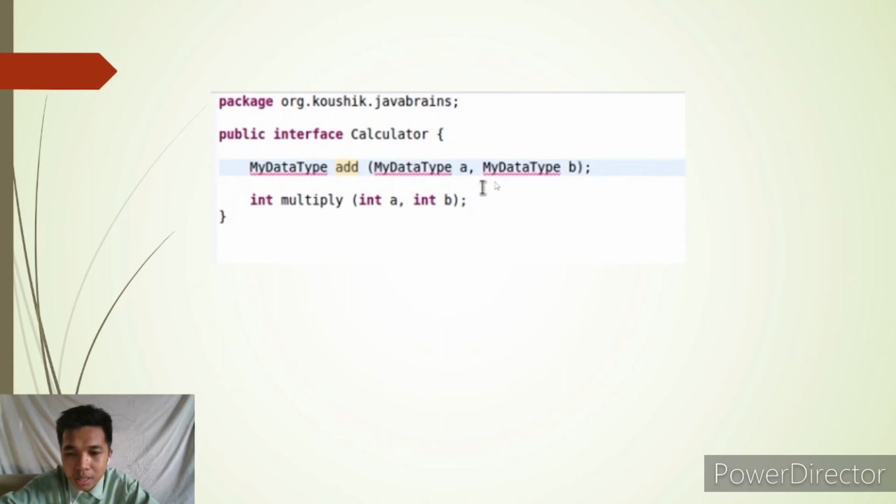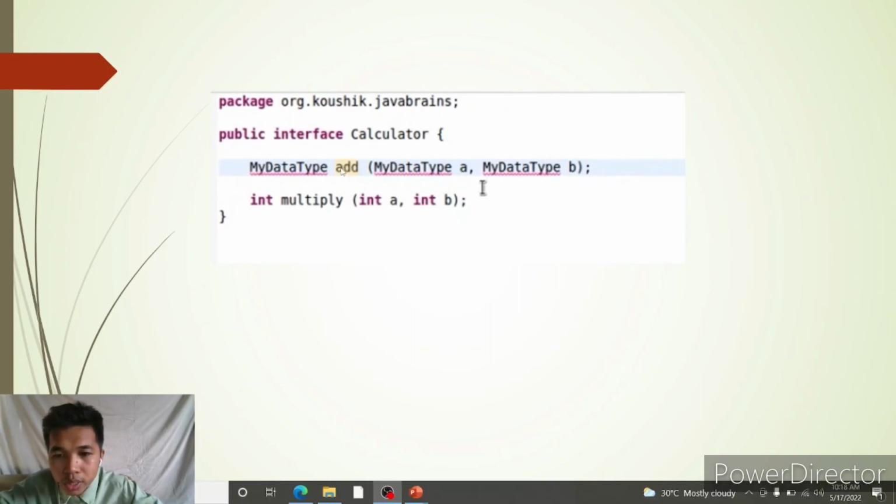So it's not adding two numbers, but it's adding objects of the data types. So what does this line say? This line says this is an add method taking two objects, these two, and returning an object with the same type.